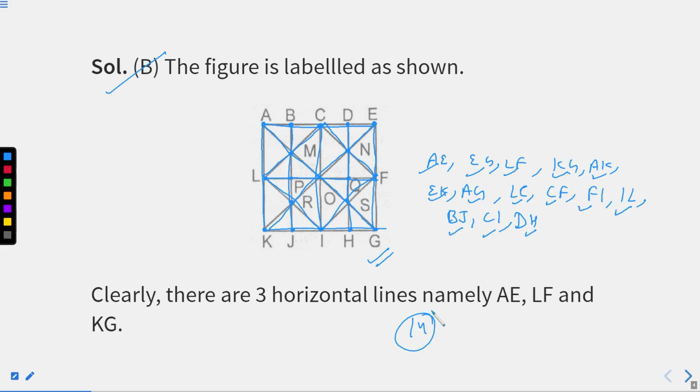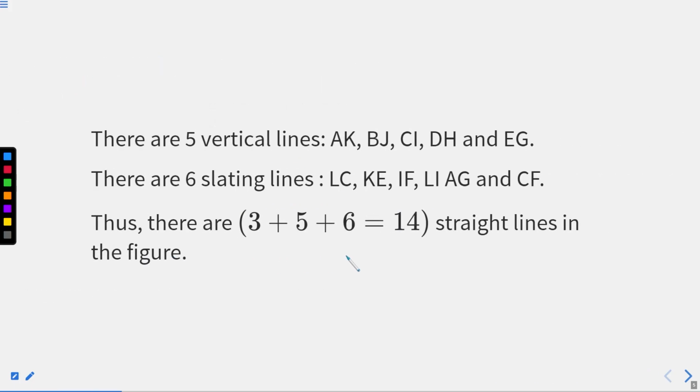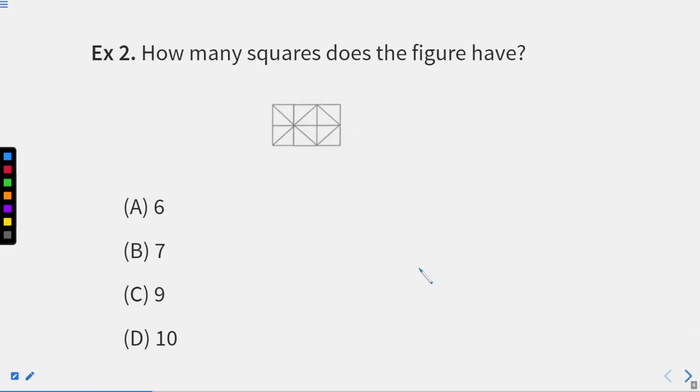This is the most important thing in this chapter, that you have to understand the concept, you have to understand the approach and the method that we are following. This is the second approach. First approach we have already discussed, right? Now we'll move to the next question this time. Now our approach says that first of all, read the question. So we'll follow this part. Question number 2 says, how many squares does this figure have? So which figure are they talking about? They are talking about this figure.